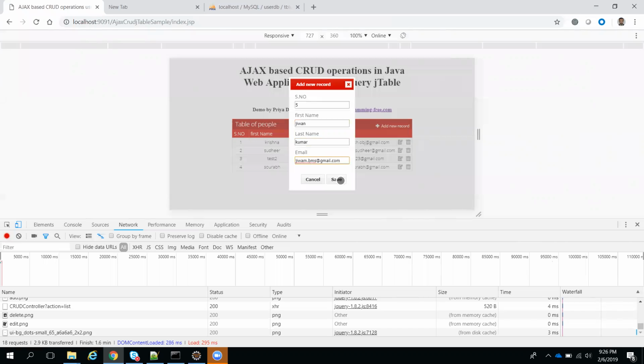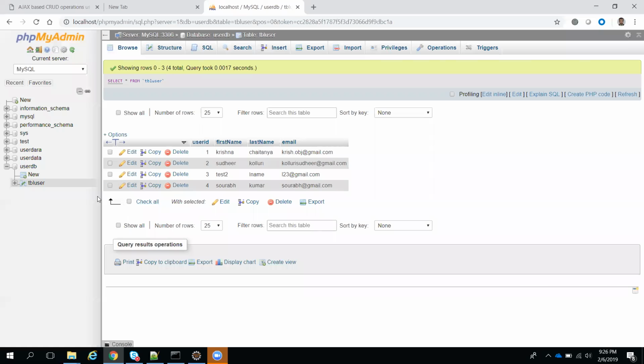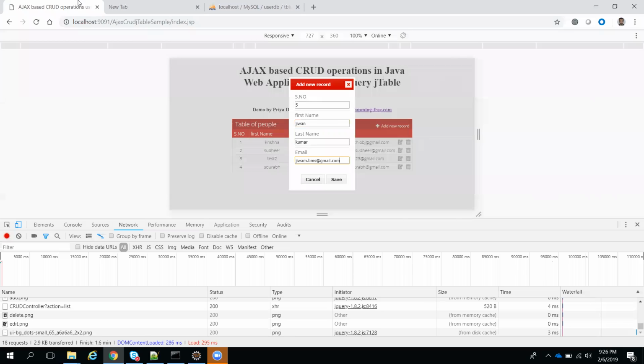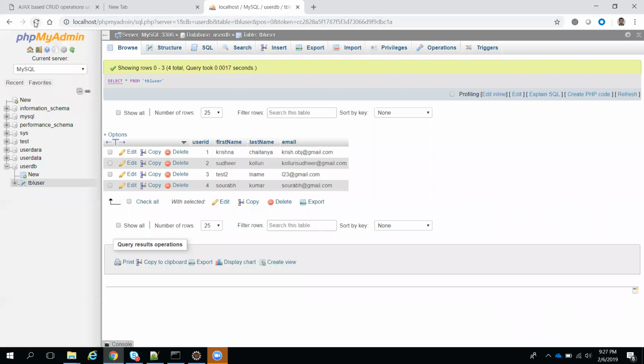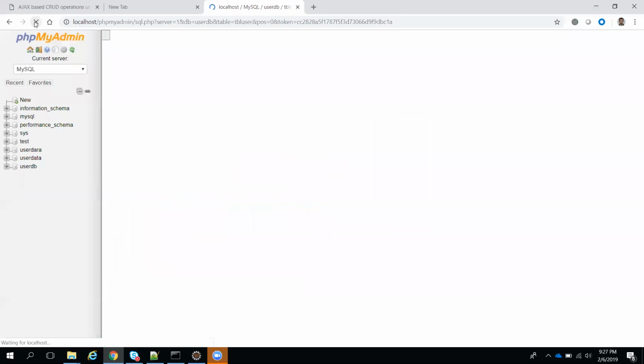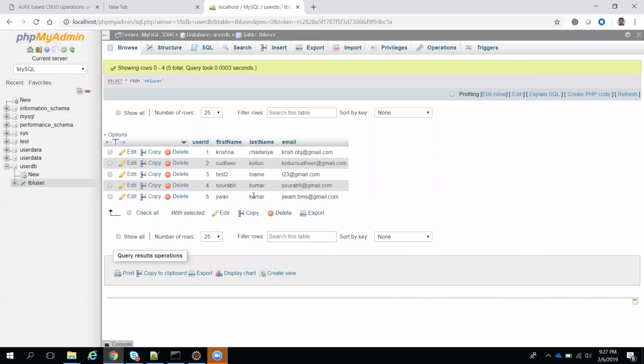So when I save this, now you guys keep one eye here. The records will be refreshed and it will be added to this table. There is a table called tbl_user. This table will be inserted into now from the UI. So when I click on save, I will go here. You need to refresh over here. See, Jeevan Kumar is coming here. Understand that? This is the backend database to store your data.